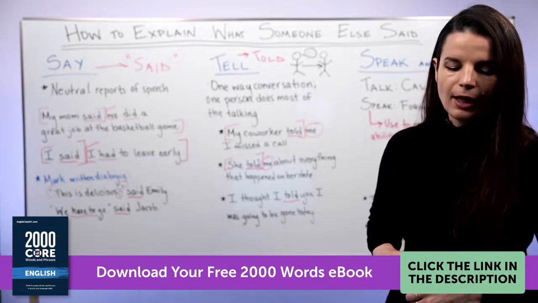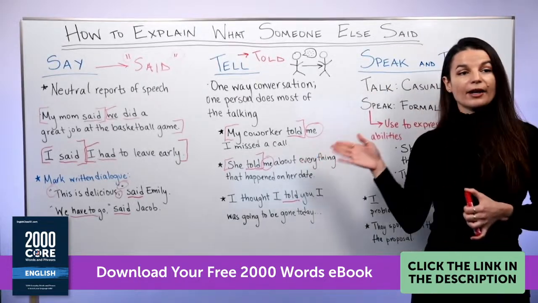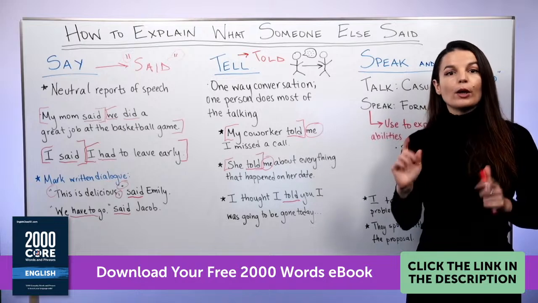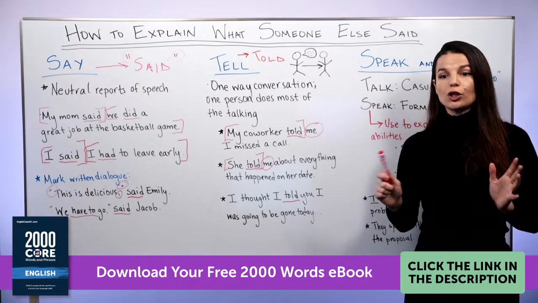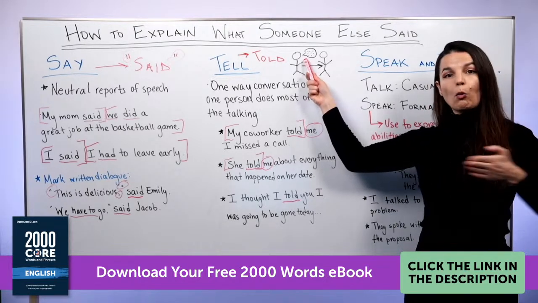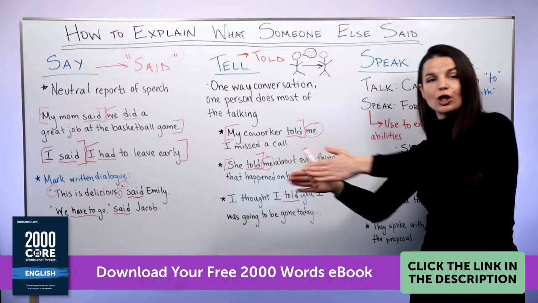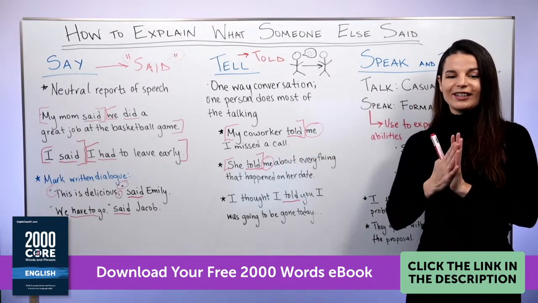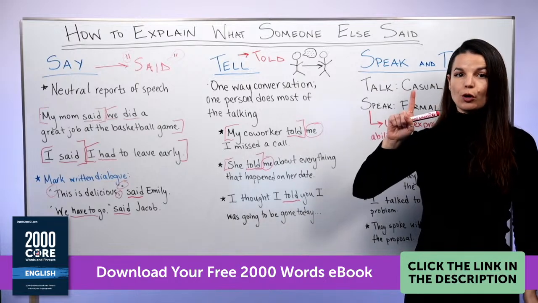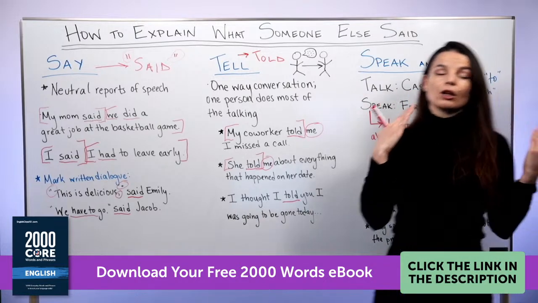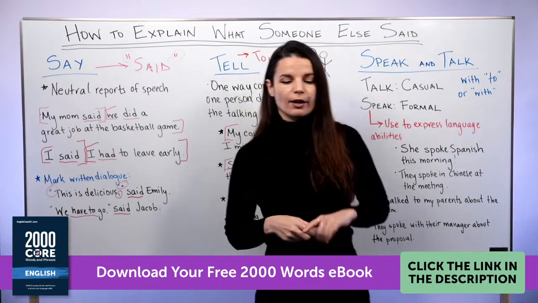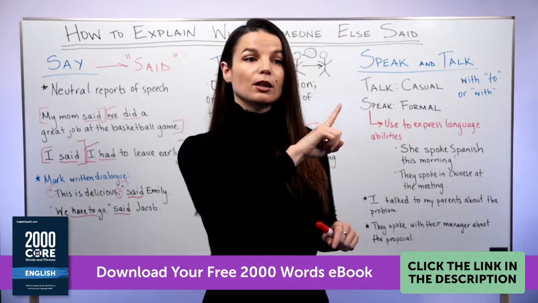Okay, good. That is all for tell and told. But again, the key point I want you to take away from tell and told is this one, like a one-way conversation kind of feeling, yeah? One person gives information to another. All right, good. Let's take one more super quick break, and then we are going to finish with speak and talk. Yeah, so if you missed it, very quickly.